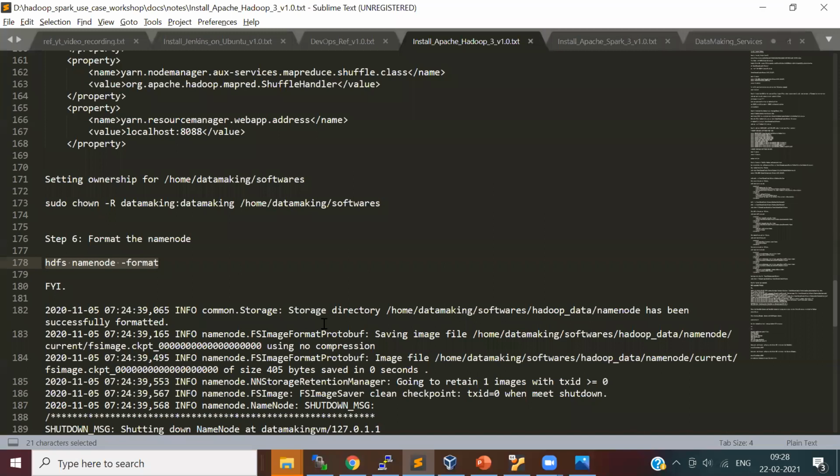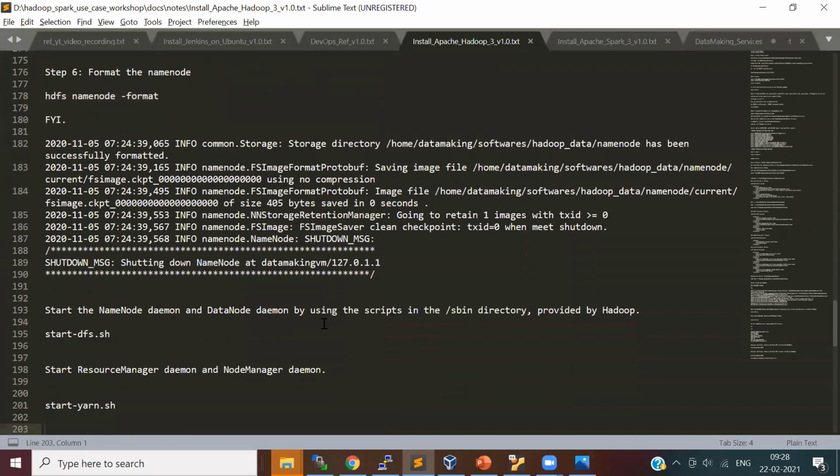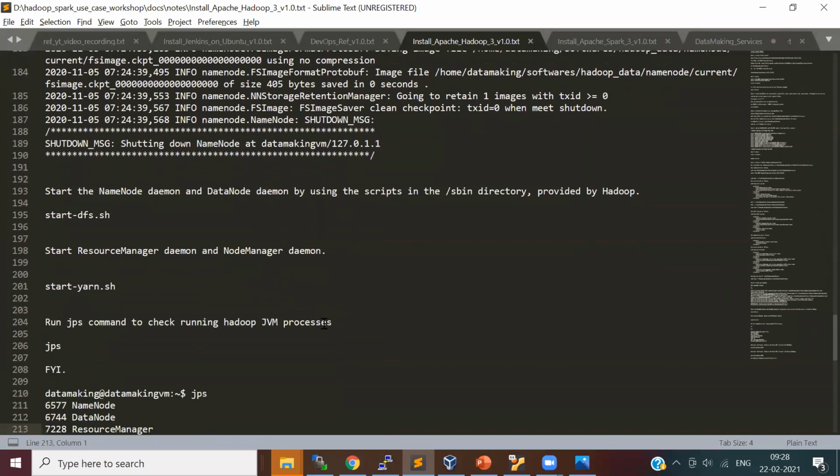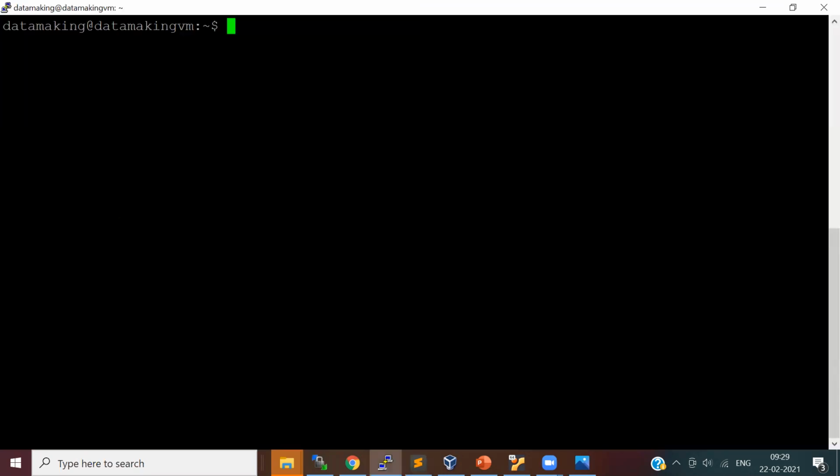Now our next step is to start our processes, like the HDFS related processes and the YARN related processes. As I told you earlier, to start the name node, data node and secondary name node, we can use the script called start-dfs.sh. So I'll just say start-dfs.sh. It is going to start the name node and data nodes.